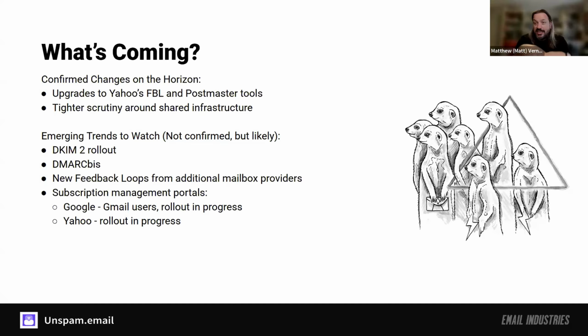We're also going to continue to see the tightening of infrastructure, the tightening of requirements for authentication, especially as we move into the next generation. Now, I don't have a timeline for any of these sort of next generation rollouts. They're all sort of still in the process of being developed by the community, implemented and sort of tested in more controlled environments.